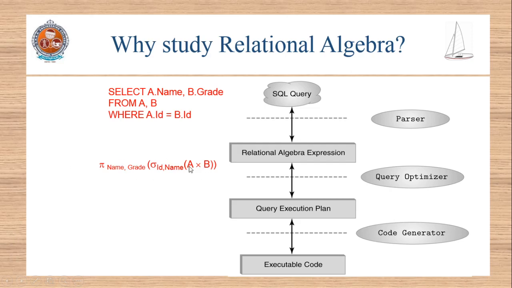So here the evaluation will be done, that is, the query optimizer is going to run, and it will select the best query, which is going to optimize the resources. Then the query execution plan will be made, and the corresponding executable code will be generated, which will be executed using the data from the files, that is, from the next components, and the output will be given to the users in the format they have asked.